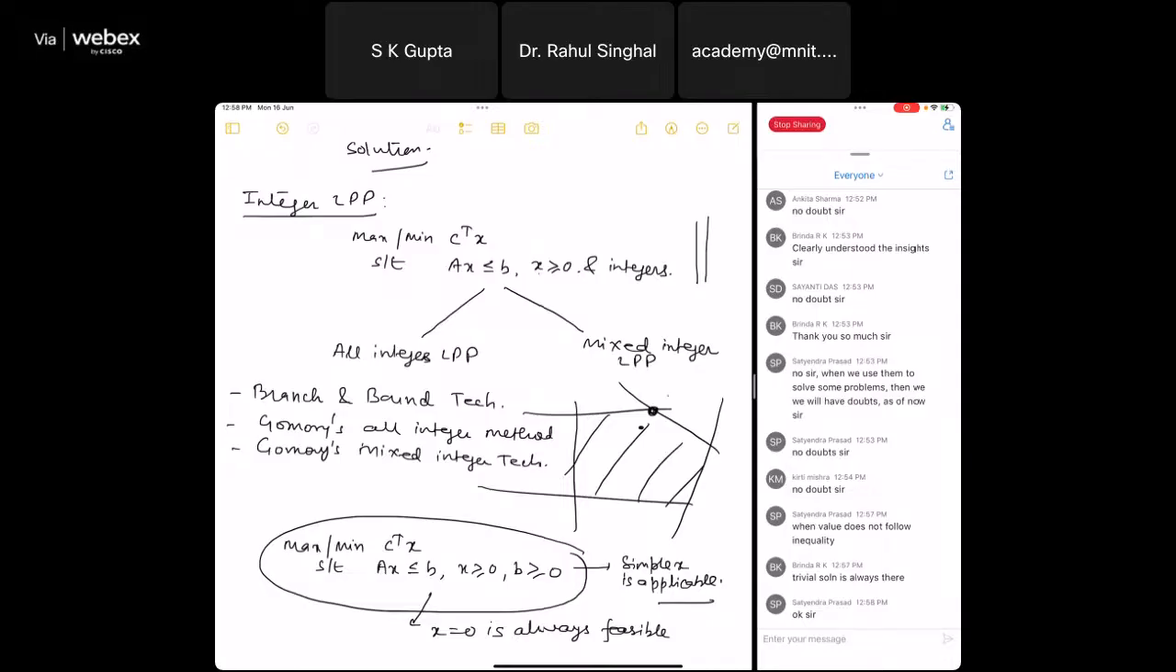Rahul ji? Yeah, thank you, Professor Gupta. It was indeed a wonderful talk, very informative, full of knowledge. And the way you were delivering your talk, you were trying to explain